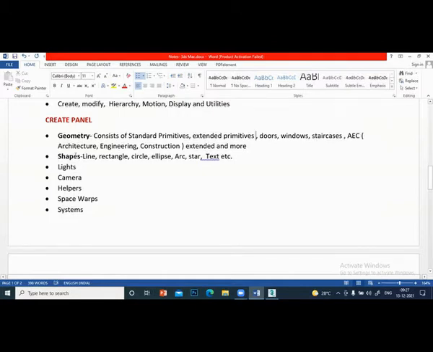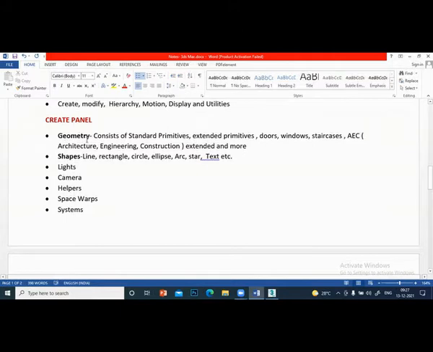Next is the shapes, where you can have line, rectangle, circle, ellipse, arc, all the things you'll be creating under the shapes. So these are the create panel, the most important panel.